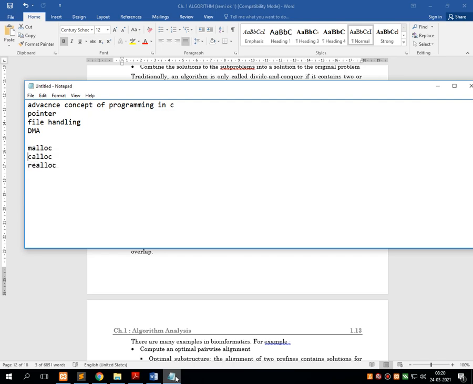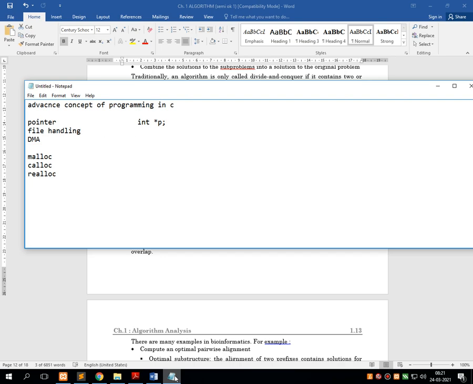We know how to use pointer in programming in C. The symbol for using pointer in programming in C is asterisk, and the syntax is first give the valid data type, then give the symbol of pointer, and then give the name of the pointer, which is any valid variable name, followed by a semicolon. This declares a pointer P, which we can use for accessing the address of a variable, not the value.